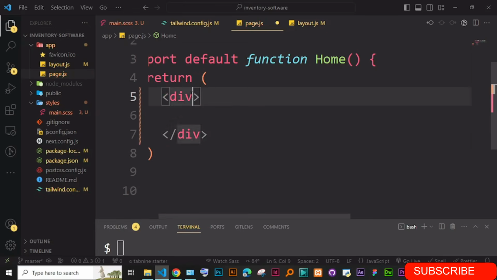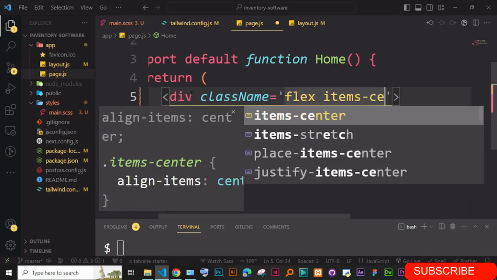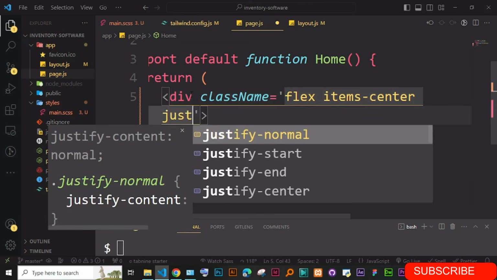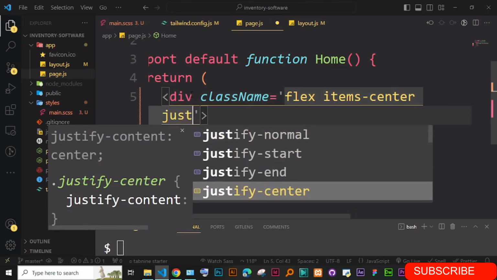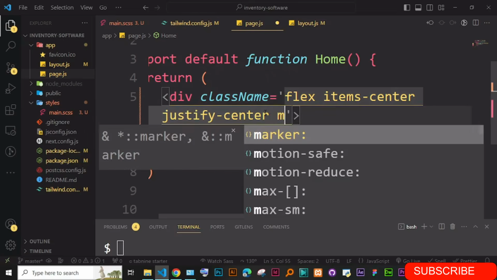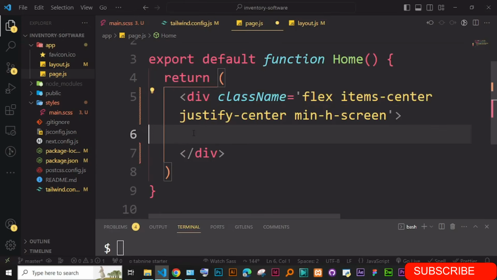So yes, go here and let's give a class name of flex items-center for now, and then I'm just going to say justify-center also, and let me also give the min-height of screen, and then inside here I'm just going to put